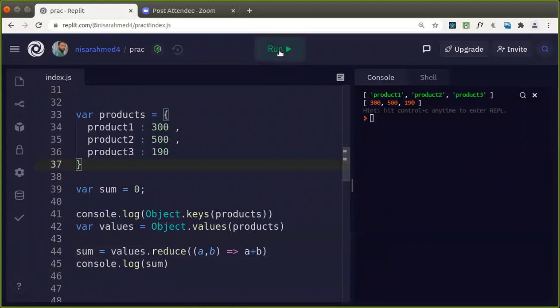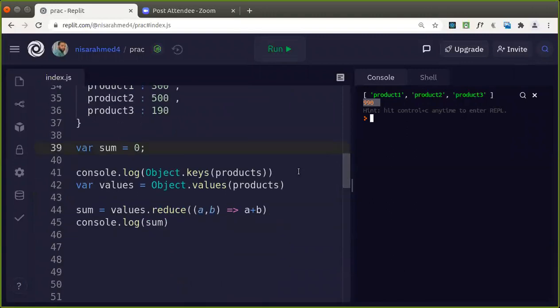Guys, if you don't know reduce, don't worry about that. Just use it to get the sum of the values. It will reduce it to a single value in JavaScript. You can just Google it, or in the next sessions to come, I'll have one session on that. Basically, it will reduce this array to a single value to find the sum. That's given as what? 990. This is how you can access the elements from an object and reduce them to a single value.